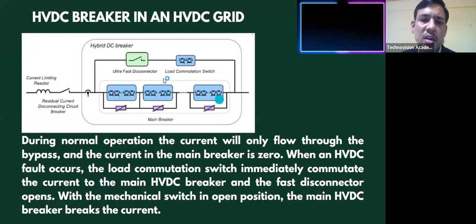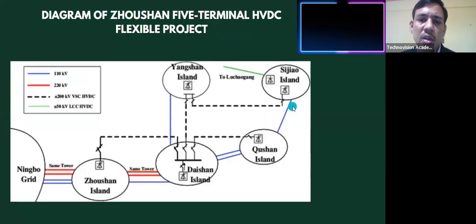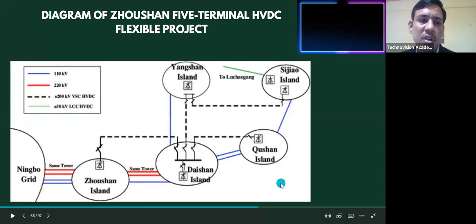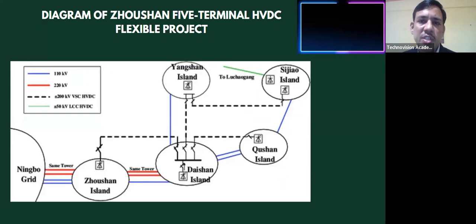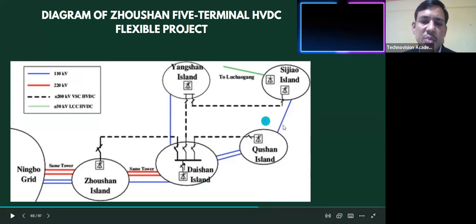So in this way, we can say that especially this DC current or fault current is interrupted by using the hybrid DC breaker. Because of this invention, now in practice many countries are going for HVDC grids or multi-terminal HVDCs. So VSC, CSC, current source converter, voltage source converter, all these technologies we can connect with this,